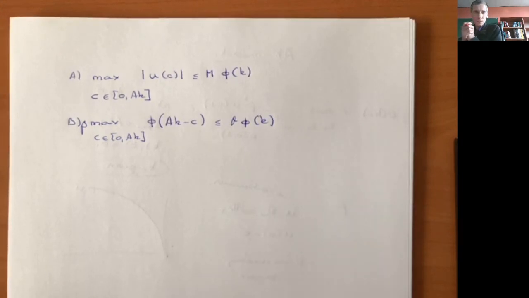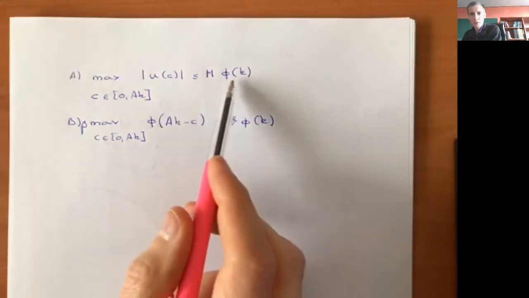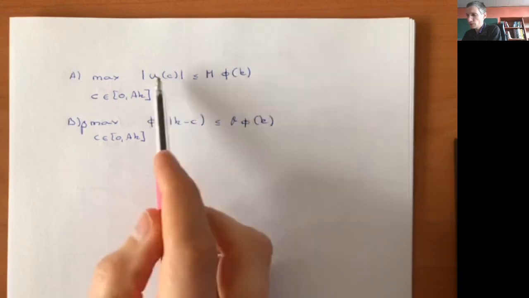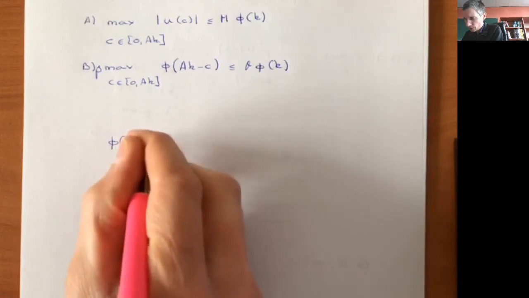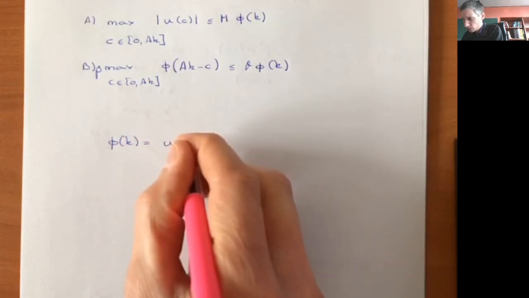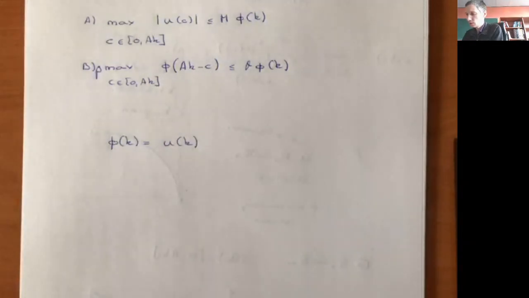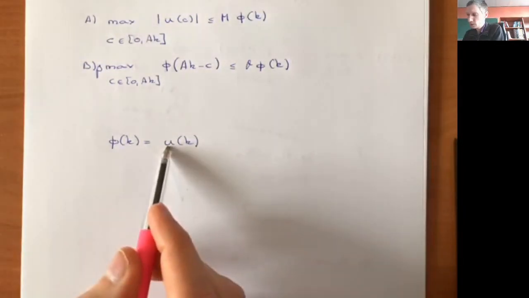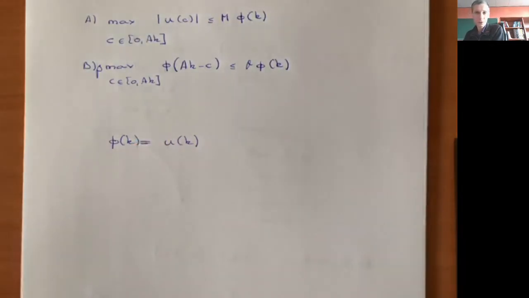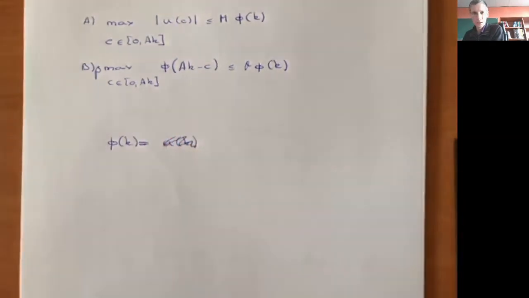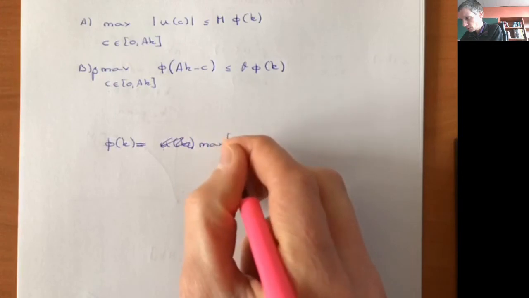So what function to take? Well, that's the question, and that's a bit of a feeling maybe that you need to acquire. So normally it's not a bad idea to somehow mimic with phi this function here. So for example, we could define phi(k) to be equal to u(k). It's continuous, so that's good. There's a small problem that this is not strictly positive. So we can make it strictly positive by, for example, adding 1, or we can make it strictly positive by taking the maximum of some number, let's say 1 and